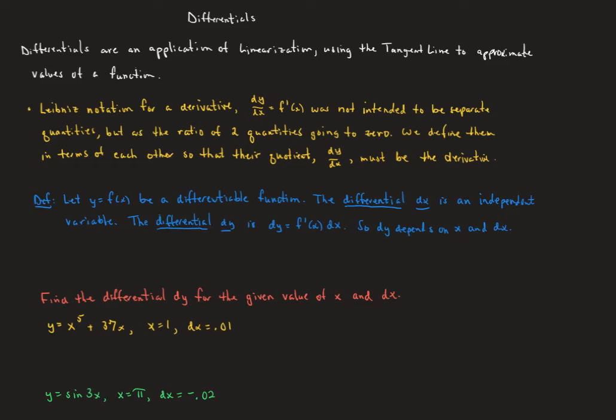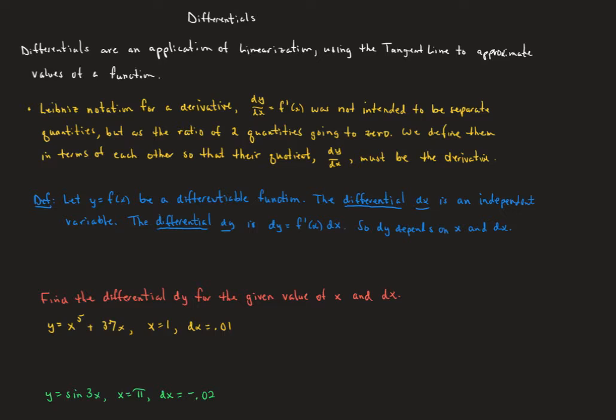In this video, we're going to talk about an application using our idea of linearization, that tangent line approximation. We're going to use it in what's called differentials. So the Leibniz notation for a derivative, dy dx equals f prime of x, when Leibniz came up with that,